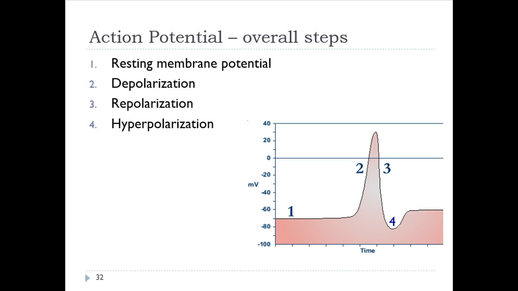So let's cover the overall 4 steps that it takes for an action potential to occur. The first one is resting membrane potential, and as you can see, our charge is about -70 millivolts, and that's called resting membrane potential. There's going to be some event to depolarize. So we're going to go back to a positive charge in this event,